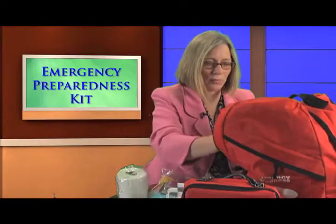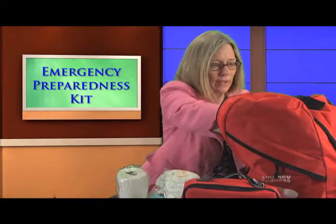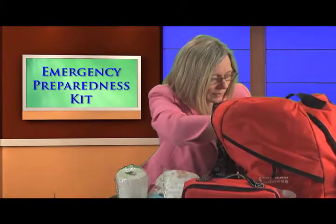Let's see what else. We've got diapers. If you have a baby in the family, you want to make sure you have supplies for that. We've also got, there's all kinds of stuff in here, but